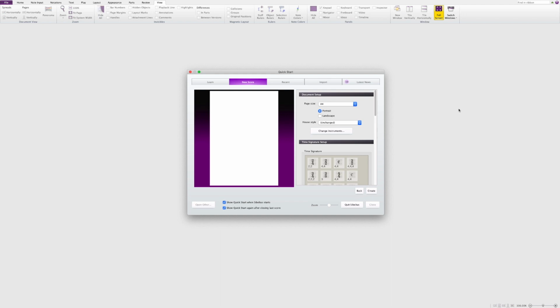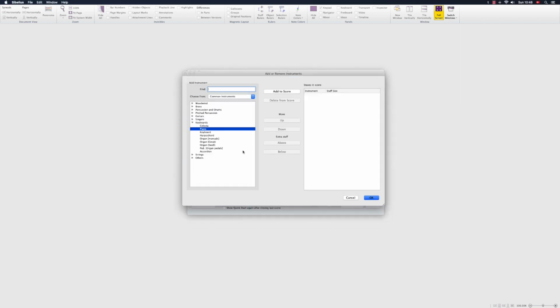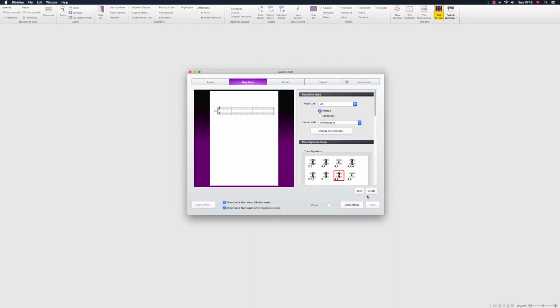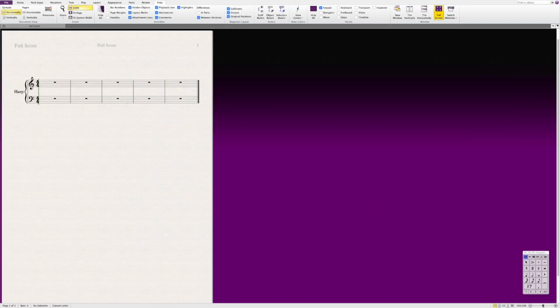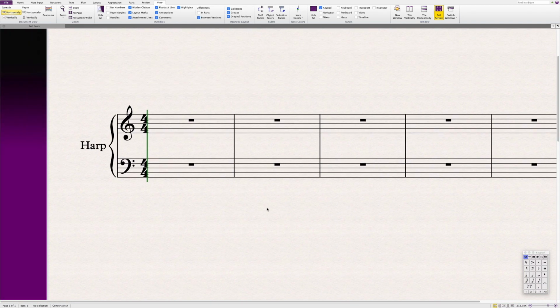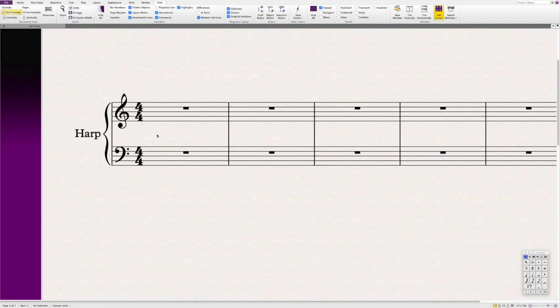Creating a pedal diagram in Sibelius is easy, just you have to know how to do it. First of all, harp is under strings. While you choose the instruments, harp is in the strings. Get a score and create a score. So let's say we want to create a diagram, a pedal diagram for the harp. We have to use a text. Let's use expression text